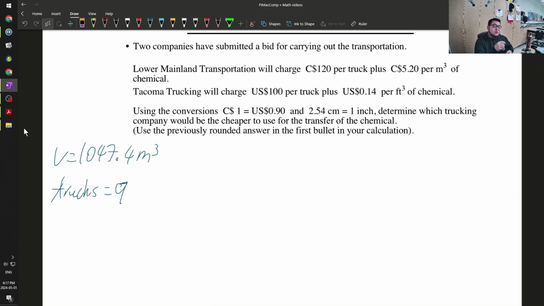We can either convert everything into US dollars or Canadian dollars. Let's just use Canadian dollars. So 250 per truck times 9 trucks plus 5.20 dollars per meter cubed times 1047.4 gives me